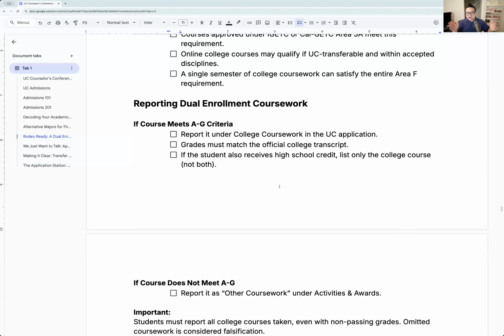So where do you share it, right? If you did take a college level course, you put it under the college section of the UC app. I think someone in chat said the high school is not going to give you credit. I don't care about your high school. Okay? Again, I always tell parents, your high school counselors, their job, they are paid to help you graduate from high school. They do not get any bonuses if they get you to college. Our team gets bonuses when we get you guys to colleges, right? So that's the difference here. Counselors do not like to recommend dual enrollment. Why?